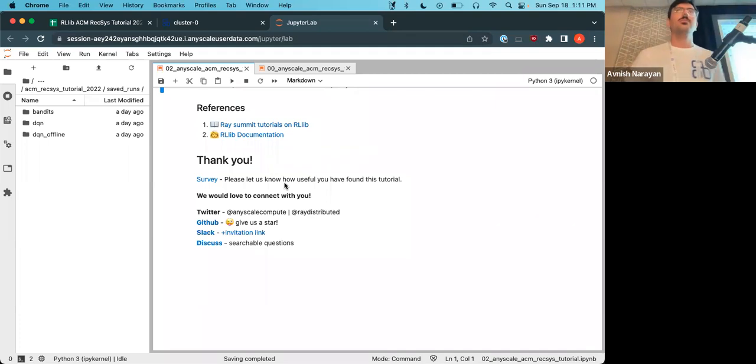Somewhat related question. I was looking at some of the docs on the exploration API. Does that work for offline RL as well, or is that just online RL? That's just online RL, but during